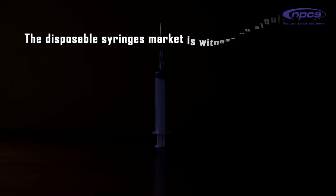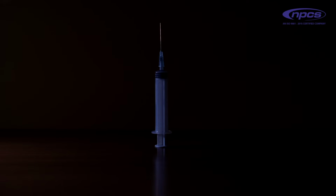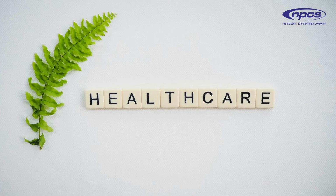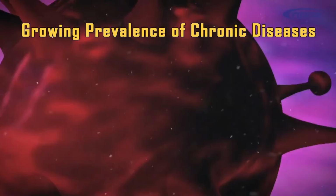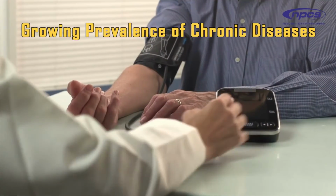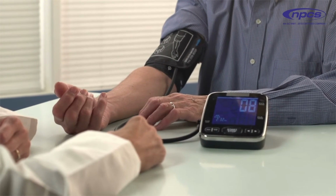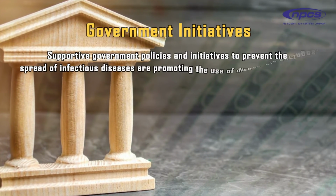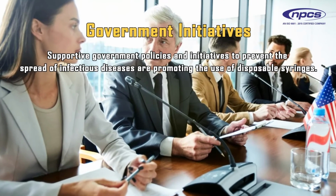Market demand. The disposable syringes market is witnessing significant growth due to several factors. 1. Increasing healthcare expenditure. Rising healthcare spending globally is driving the demand for disposable syringes. 2. Growing prevalence of chronic diseases. The increasing incidence of chronic diseases necessitates frequent medical interventions, boosting the demand for syringes. 3. Government initiatives. Supportive government policies and initiatives to prevent the spread of infectious diseases are promoting the use of